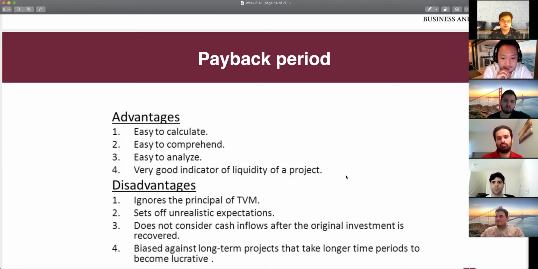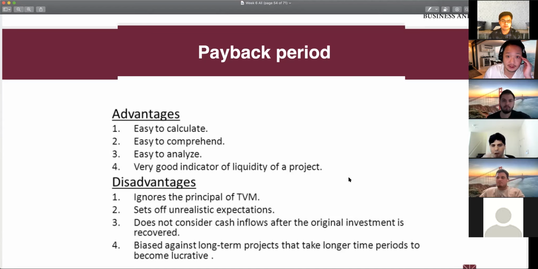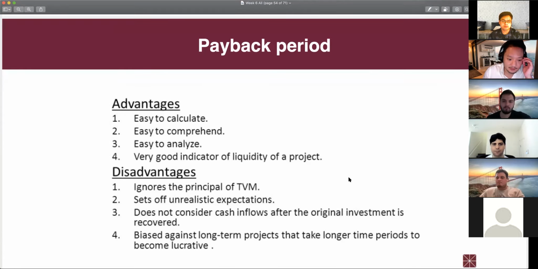So basically, if there's no cash flow coming in, then you're not going to know, right? But most of the time, when you're assessing these types of projects, you're going to try to figure out the cash flows coming in in order to understand what the payback period is. Because you're focused on those types of projects, generally speaking, it's a pretty good indicator of whether the project is good or not. It's also a really good metric from what I understand.